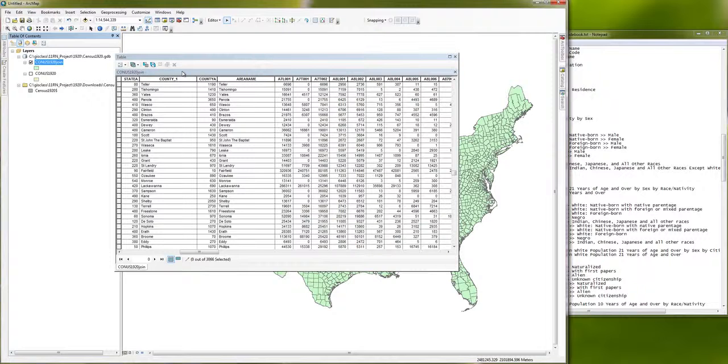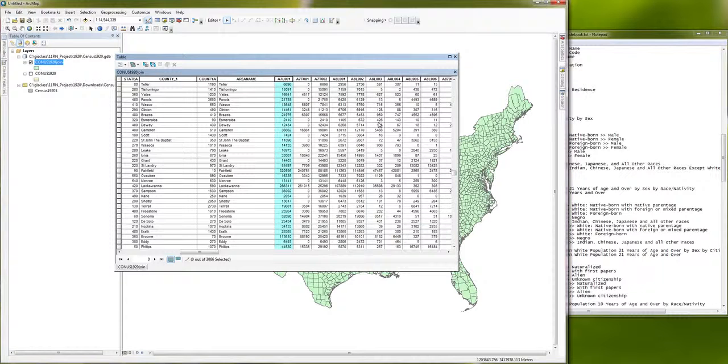Now we've got to get into the work of making all of the fields here into a usable format for us. And there are a ton of them, and there's some quirks in how NHGIS data come into ArcMap. I want to review those because there are some inconsistencies that will cause frustration unless you're aware of what can happen. So first thing is I want to pick out one field that I'm sure everybody is